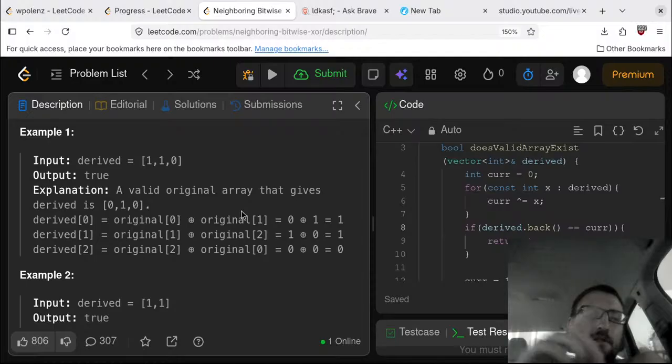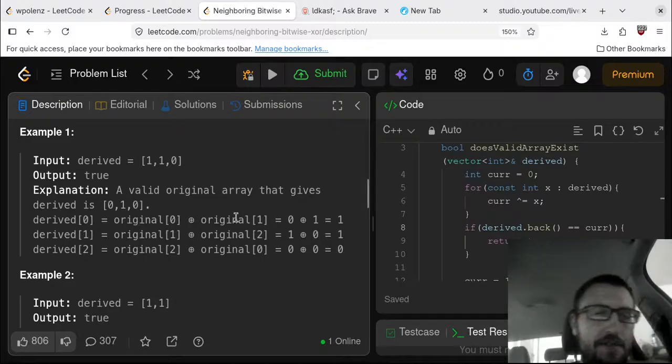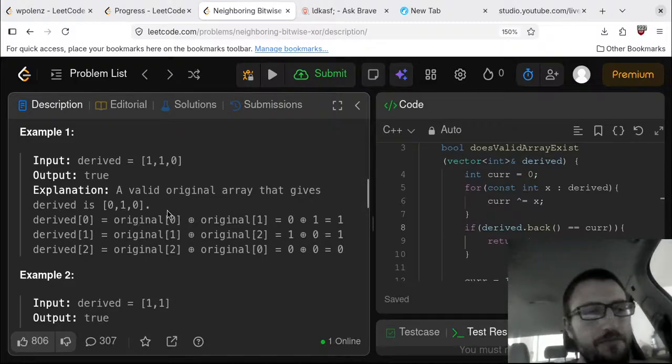It's only when it cycles back where it really matters. I want to get n minus 1, so if I XOR everything up to n minus 1, I end up with the original x0